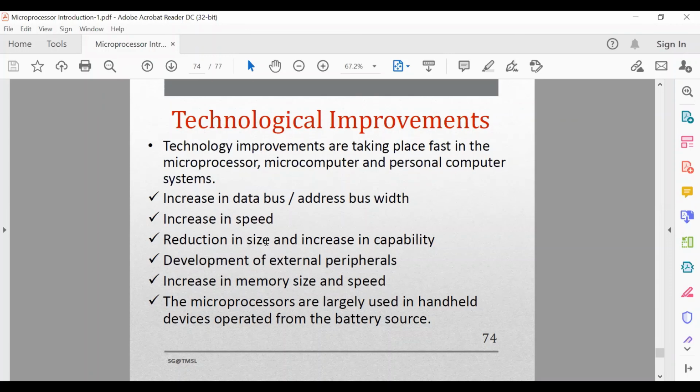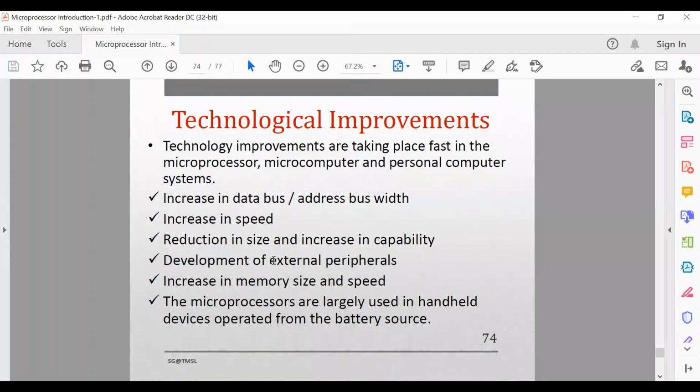Okay, but don't confuse with this current scenario. Don't compare the current market scenario with the 40 years back microprocessor. Okay, so when you are about to read this subject, you must forget about the current scenario. Okay, you just go back to the 40 years back processor which was invented by Intel, the 8085 8086 microprocessor. Okay.